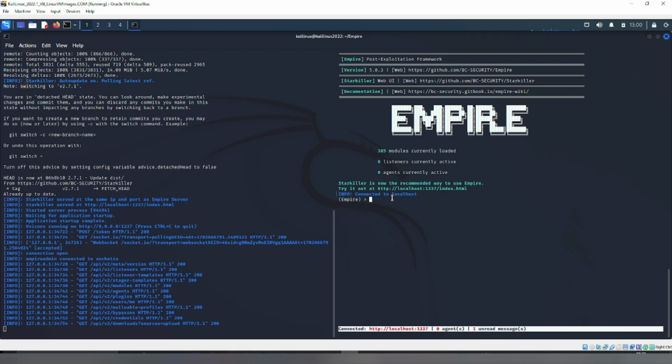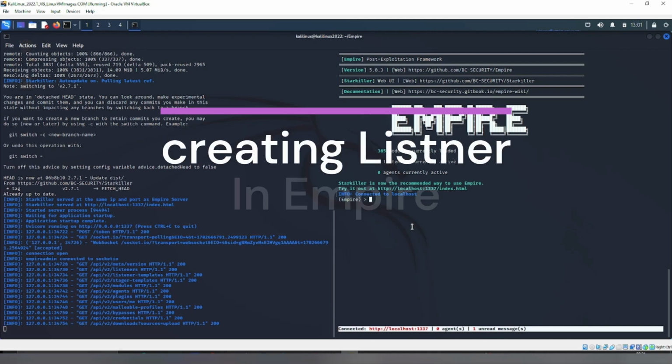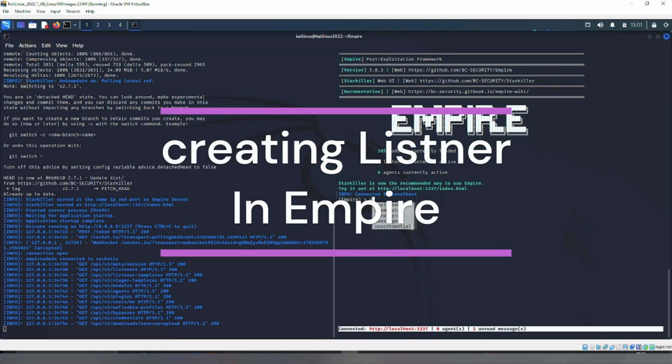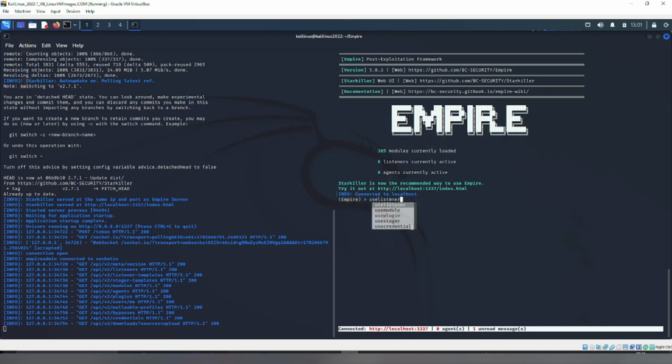So for example, let's create a listener for us. You can type here: if I type Q, if I type E, you get an exit option. If I type A, I am getting admins and agent options. Currently we need to create a listener. So if I type L, you see I'm getting a listener option, use listener. So let's just click on use listener,